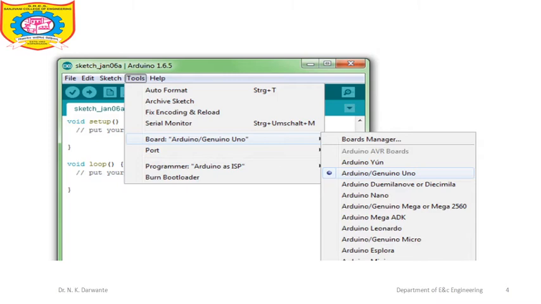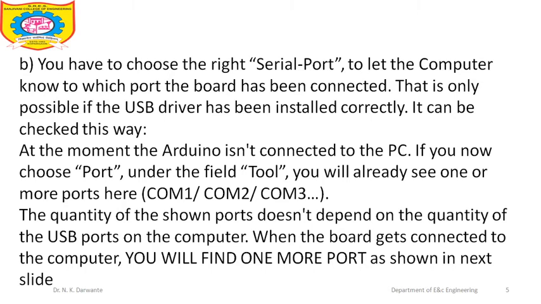The next setting is to select the proper communication port, the serial port of your PC. You have to choose the right serial port to let the computer know to which port the board has to be connected. That is only possible if the USB driver has been installed correctly. It can be checked this way.